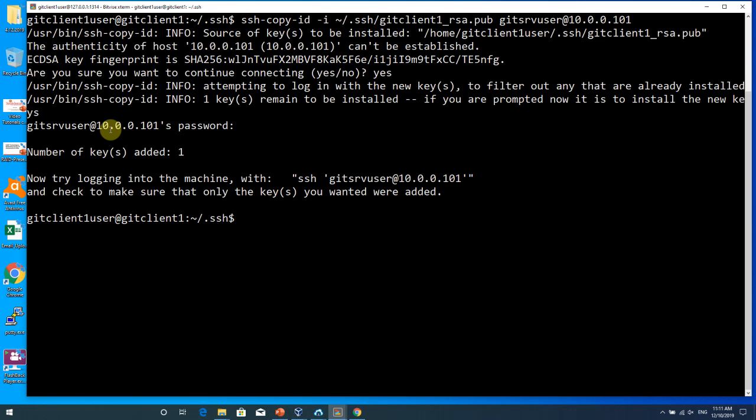Okay, now we have established a secure SSH connection. Do you see this? We can now connect from this Git client to the SSH server directly via SSH. We just type ssh, but we're not going to use this, I'm just going to test it. Git server user at